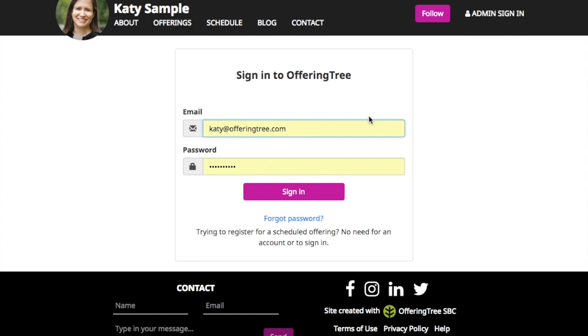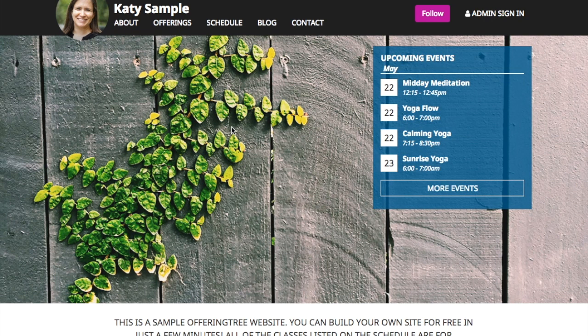where you can edit a lot of features and add new offerings, and I'll describe that in a lot more detail in just a moment. But before I jump to that, I want to highlight some of the key features of your public-facing OfferingTree site. First, whatever offerings you have scheduled will automatically be listed in this upcoming events widget on the